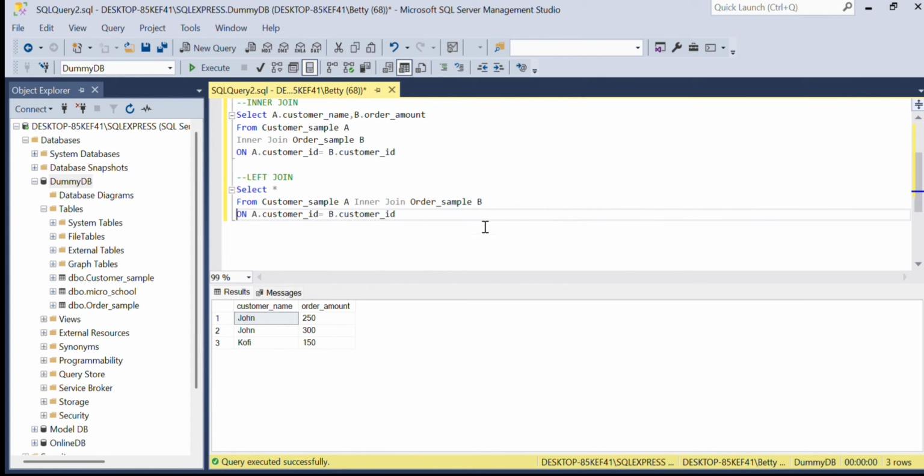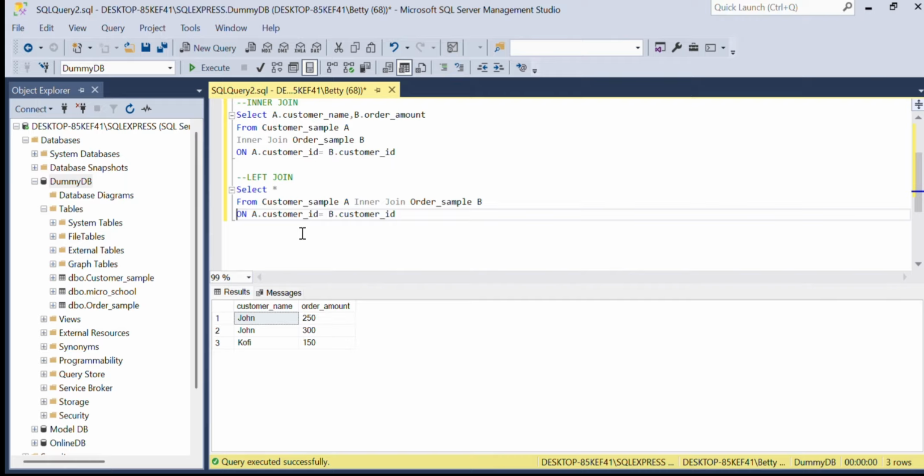Okay, sorry, looking at it in this format, looking at line 2, from customer sample A, inner join order sample B, you can see that customer sample, or the customer sample table, falls on the left hand side of the join,